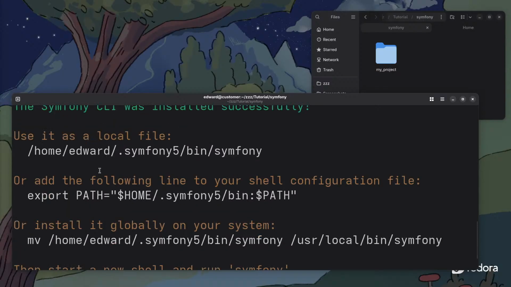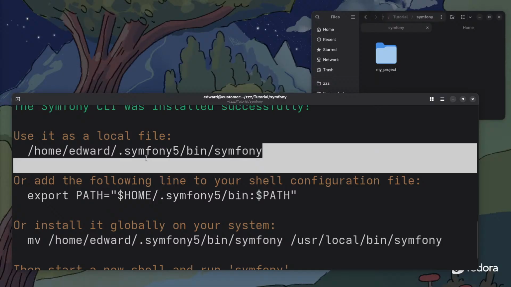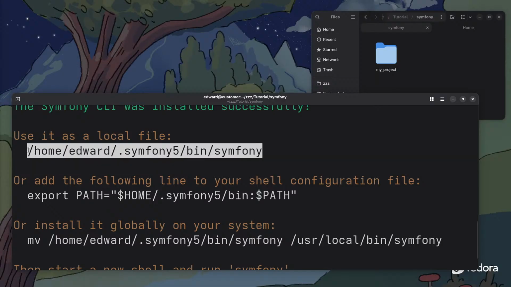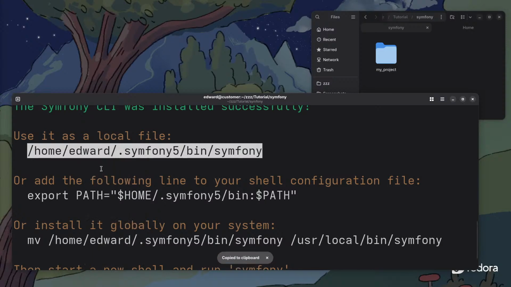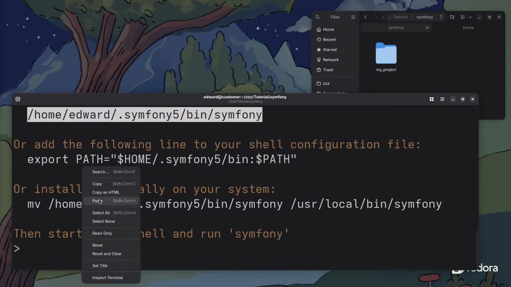Now, if I don't want to do that, you see it has installed it as a local file. So this is the command I'm going to be using, or I can create a shortcut to it. So I'll just use this command. So I'll copy here. So what I'll do is I'll paste this down here,